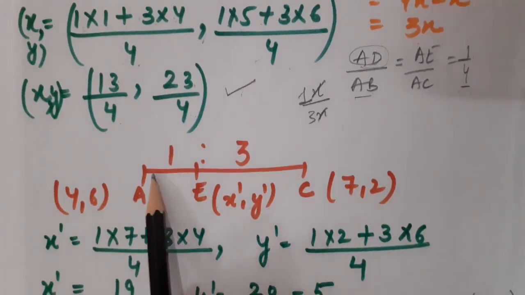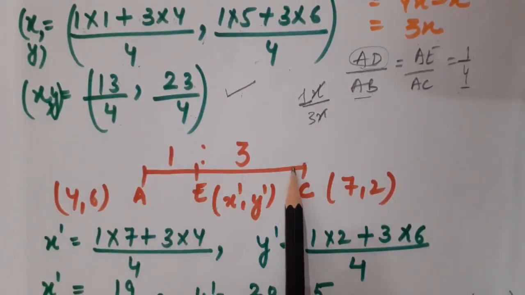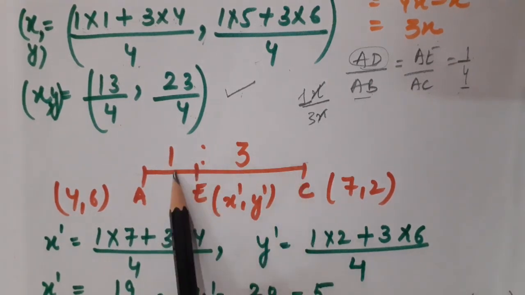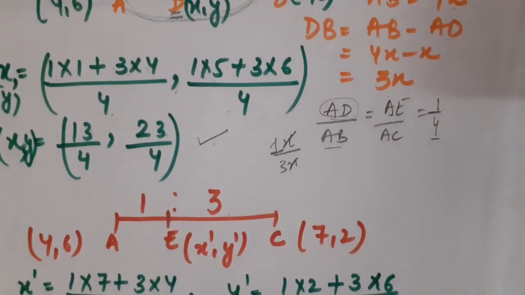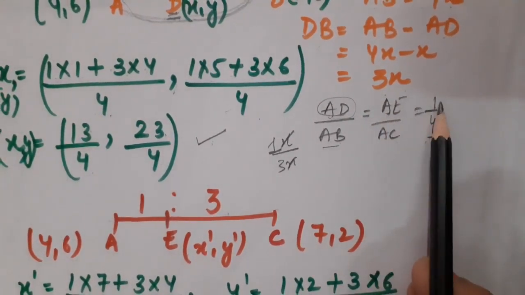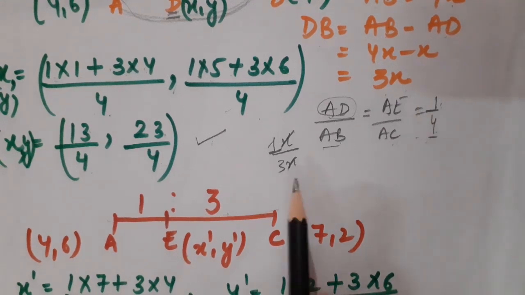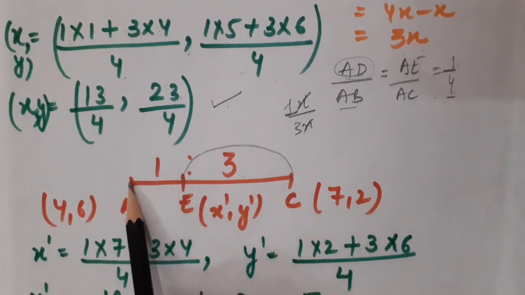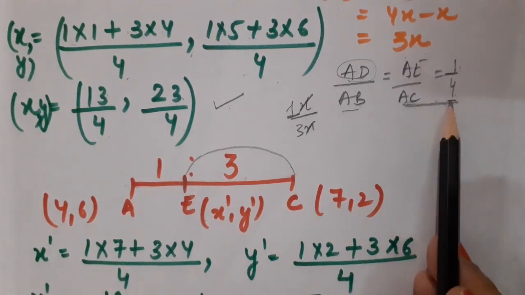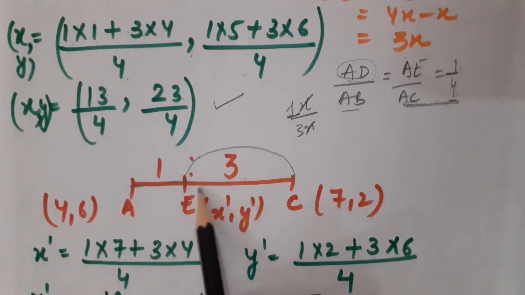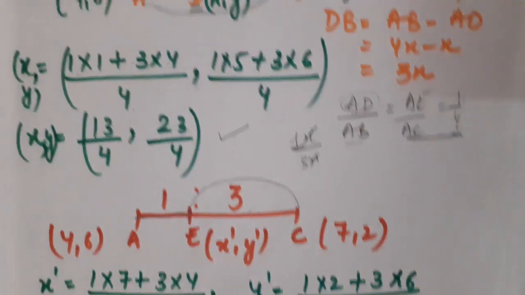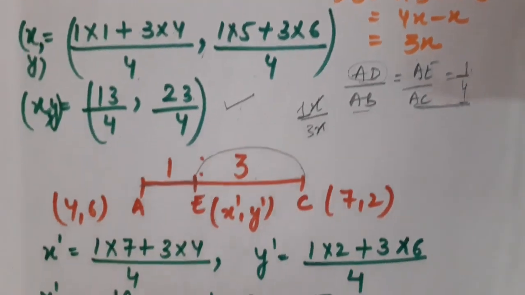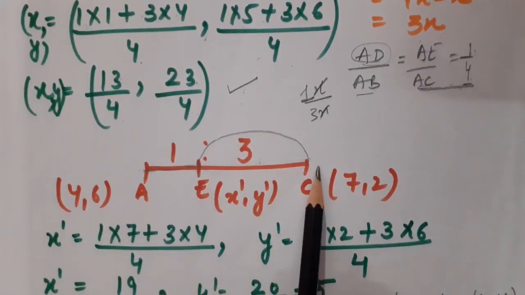In the same manner, now I have drawn the AC side of the triangle. Now E is that point which is going to divide the complete line segment in the ratio 1:3. The same strategy, children, you have to apply over here. Look, AE is equal to x, AC is equal to 4x. What I have to calculate is EC. So EC is AC minus AE, and AC is 4x, AE is 1x. So you will get 3x in the same manner, as I have just explained how I calculated this ratio. That is 1:3. Now again I have got 1:3 for the AC side also.